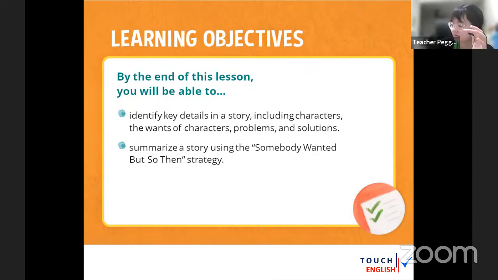Okay, these are the learning objectives today. So let's see what we are going to learn. The first thing is we are going to identify key details in the story, including characters, problems, and solutions. So we will see what happened with the characters inside the story, and then how they solve the problem. Solution means how they solve the problem, what kind of ways they use to solve the problems. And then you are also going to summarize the story. Summarize, what does it mean? Summarize means you